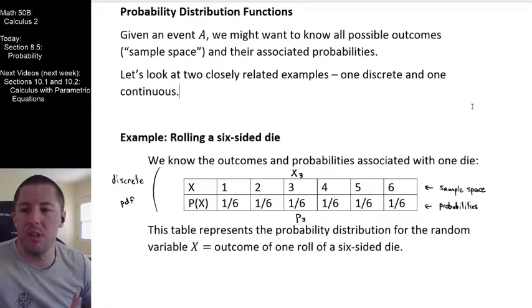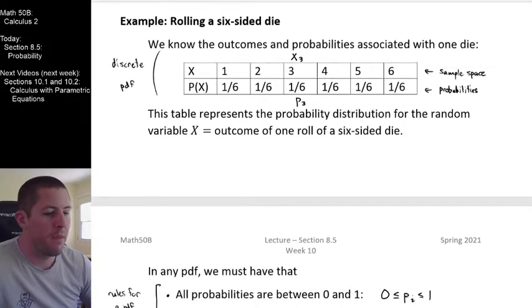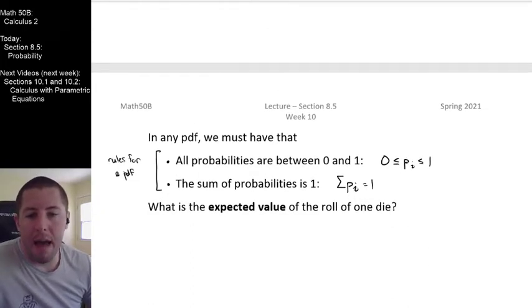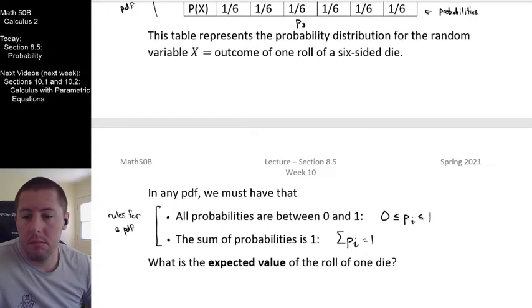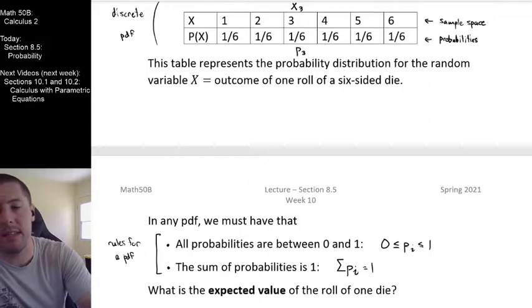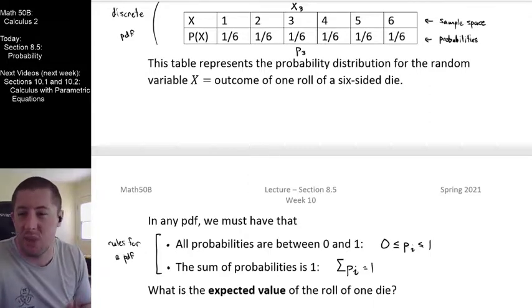Those are just using our subscripts to indicate which of the possible events we're referring to. So what I want to know from you is, what is the expected value of the roll of one die? If I'm going to roll a die once, what do you expect the outcome to be? I'm on purpose picking this very, very simple example because this question has a sort of surprising